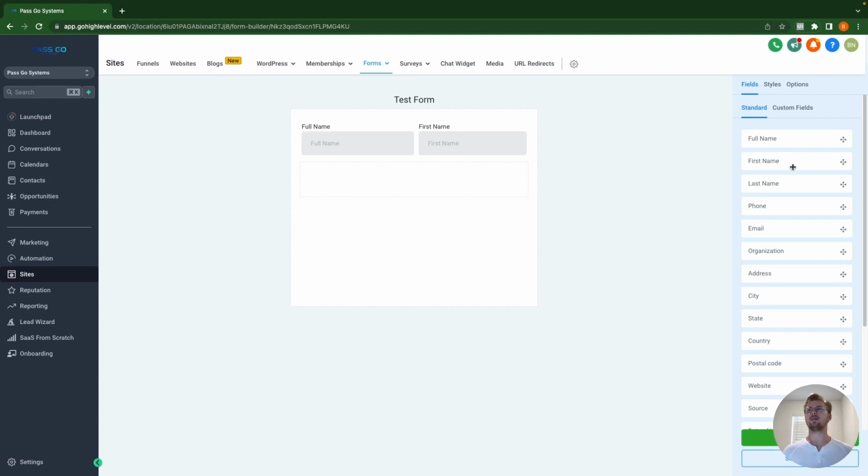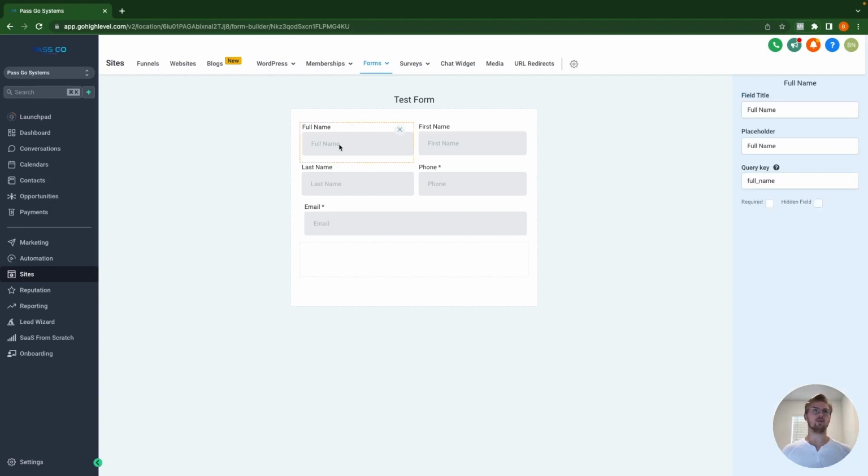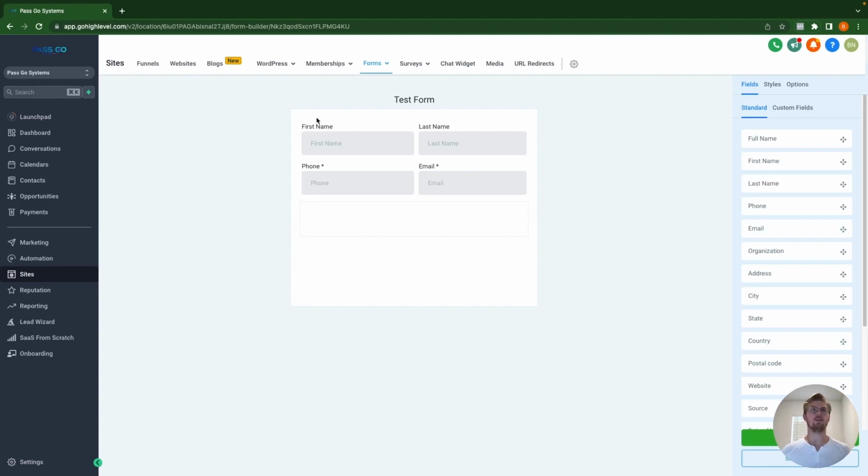first name, last name, and all of these are just going to be the user inputting their own information in here. Email, and I'm actually going to take out full name because I prefer first name, last name, phone, and email, but full name is just an option where they can put their full name as opposed to putting their first name and last name separately. So then organization,